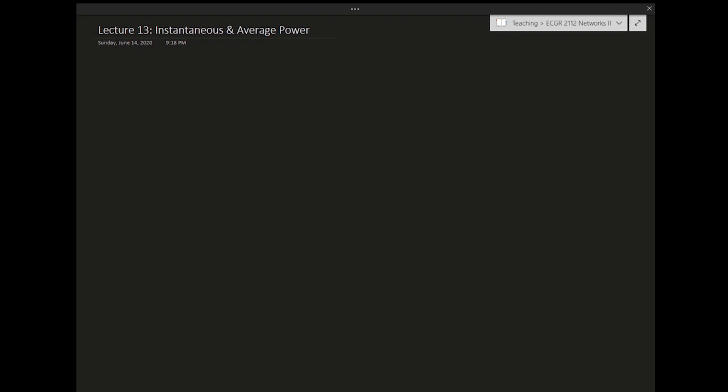Hello everyone. Today we will start with the next chapter, which is the chapter that talks about steady state power analysis. Right? But before we do that, there is one final example I want to solve